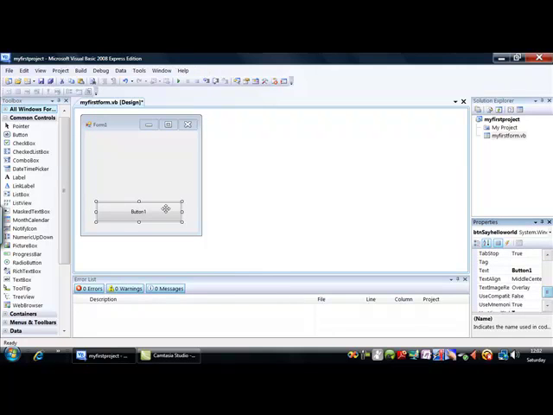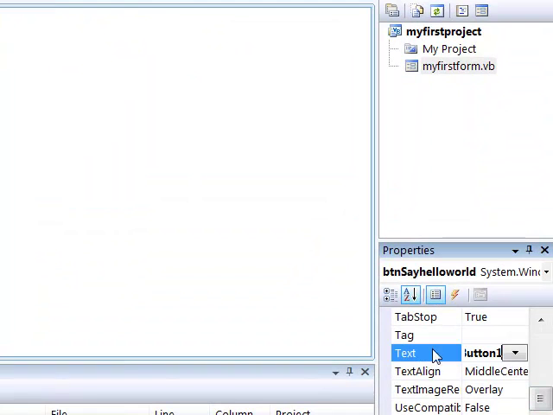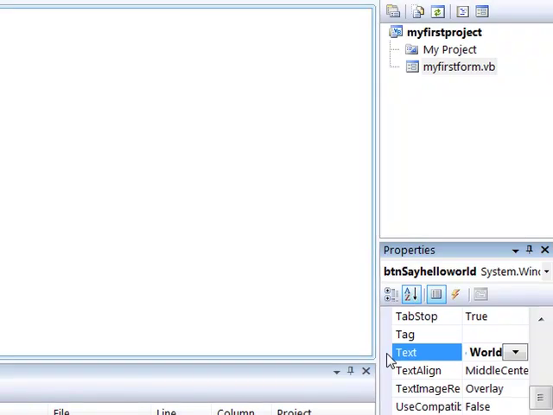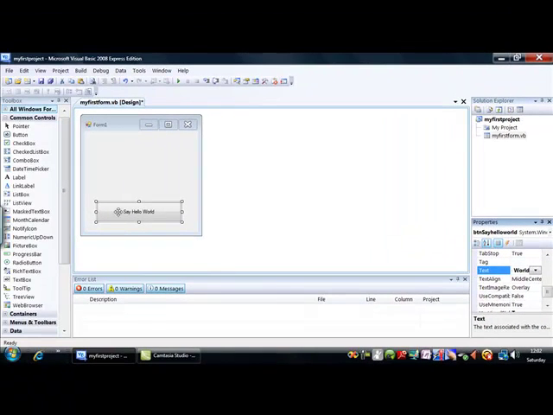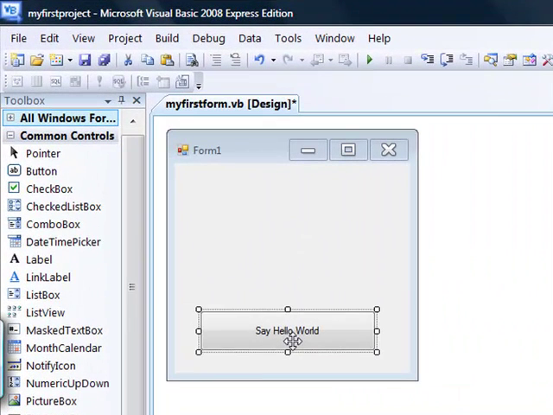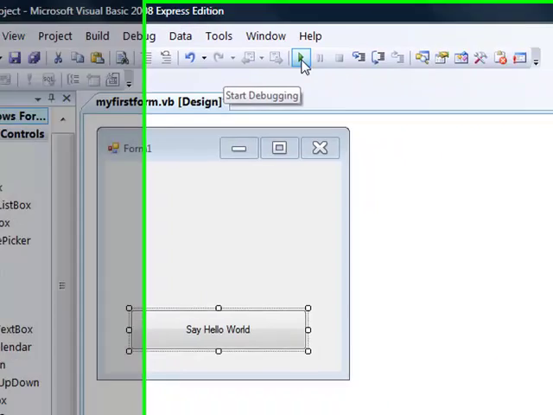Now to change the text within the button, we scroll all the way down to the text property, and I've changed it to say hello world. Just hit the enter button, and now you will notice that the actual button has changed. The say hello world has appeared within the button. Okay. Now to run the program, I simply click on the play button,